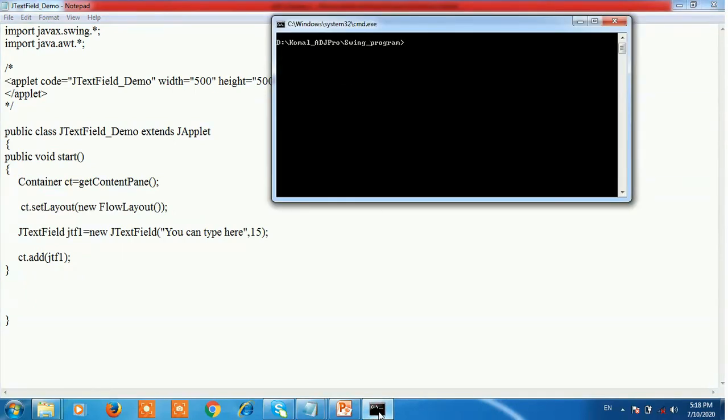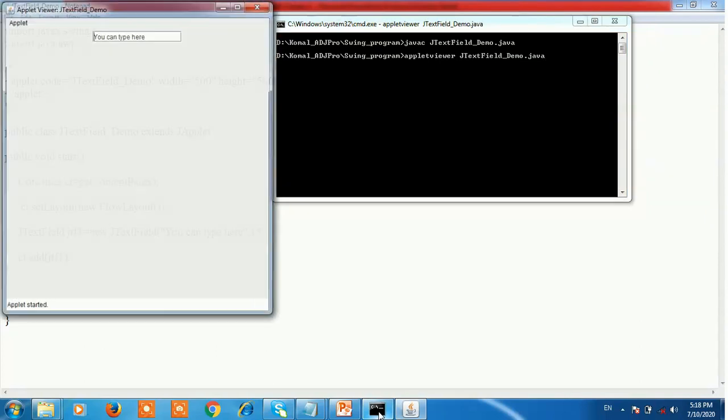First compile the code: javac JTextFieldDemo.java. It is successfully compiled. Then run the code: appletviewer JTextFieldDemo.java.